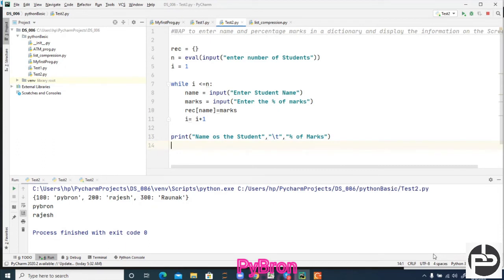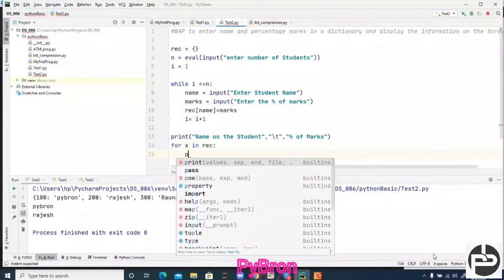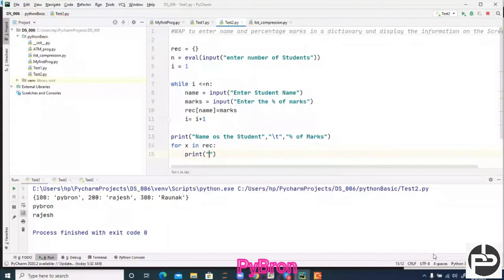So again, for x in record, and here I'm going to print slash t, again slash t. Slash t means tab. Suppose you want to print like five spaces without a name, so you can print a tab, right? So slash t is for tab.